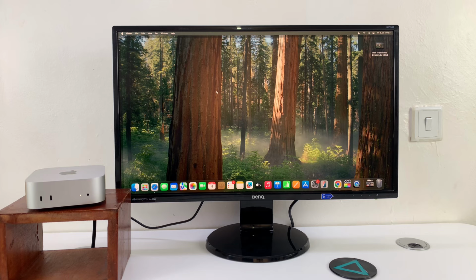So today I'll be showing you how to update your M4 Mac Mini. It's one of the first things you need to do as soon as you set it up. So what you want to do is go to the Apple logo in the top left corner and then click